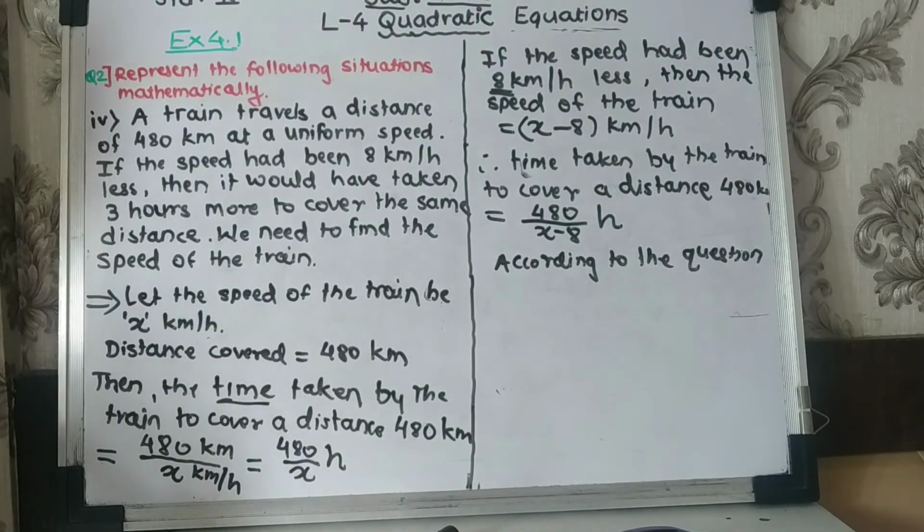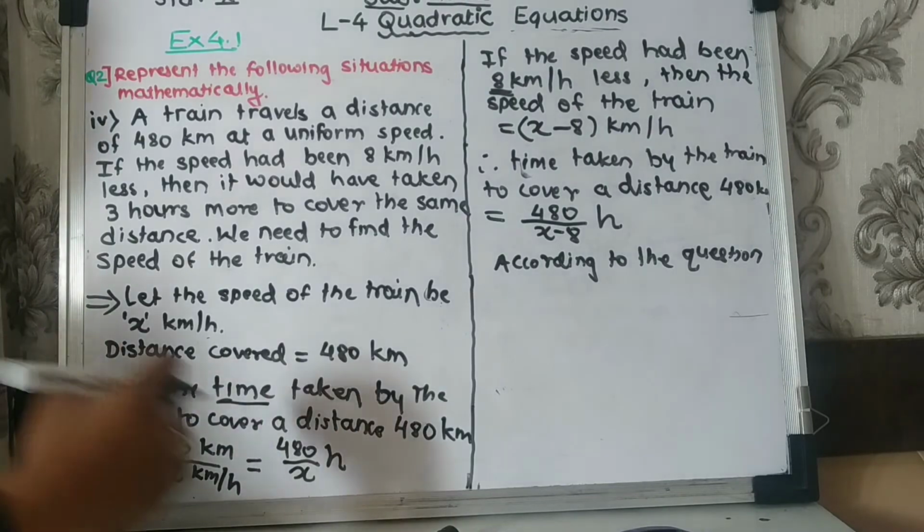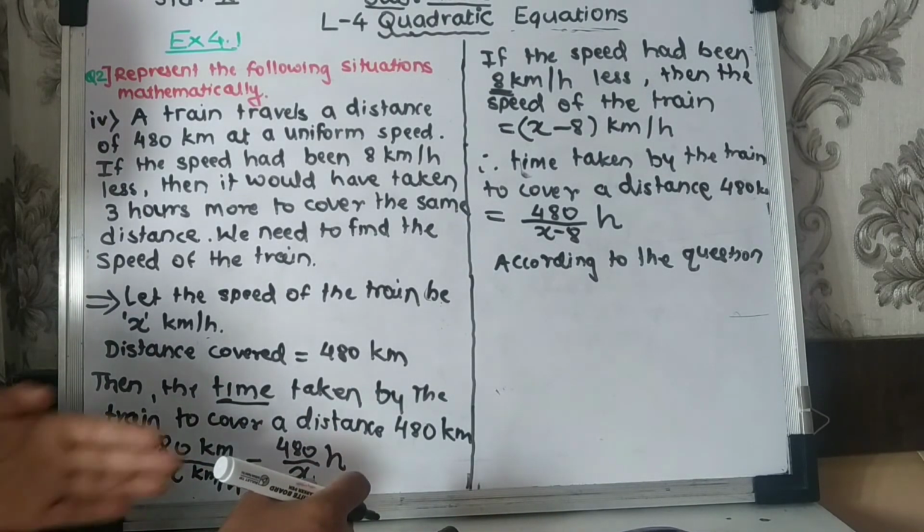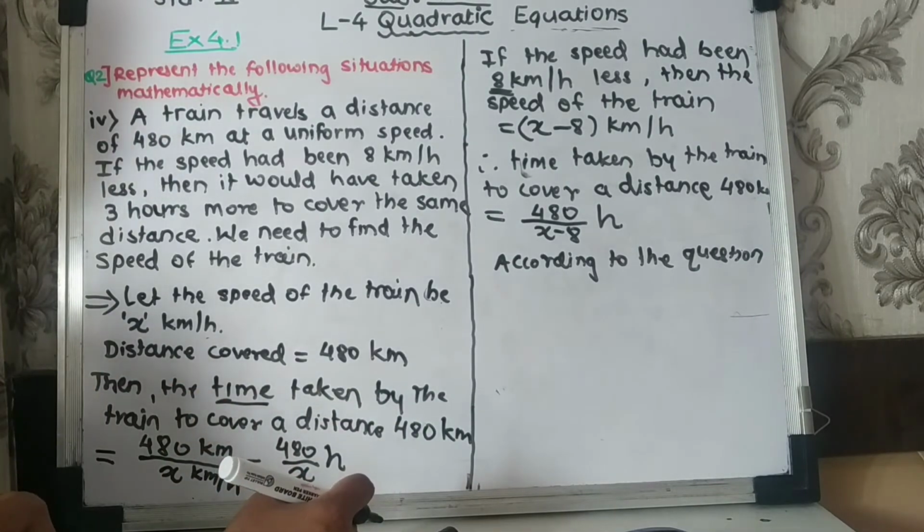What is the question? In the question given, that is the speed. When we reduce the speed, whatever time was taken to travel earlier changes. Suppose I have to reach a place, like I have to go to my village, and it takes 5 hours. If I go with the uniform speed, I will reach my village after 5 hours.